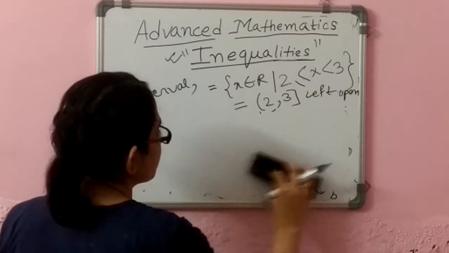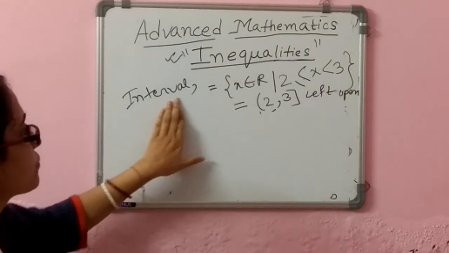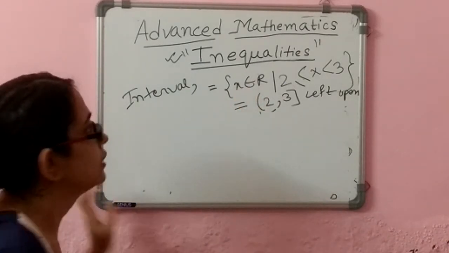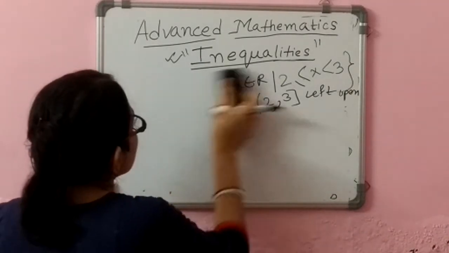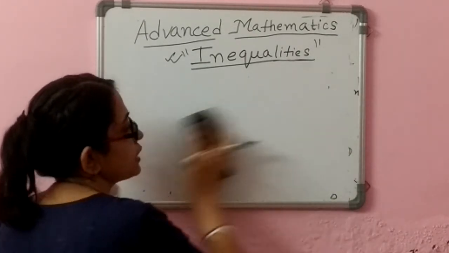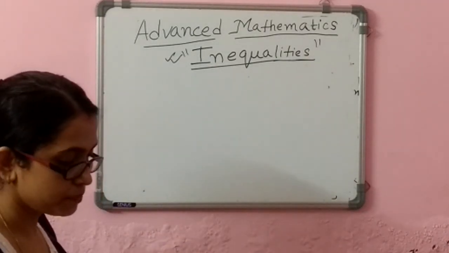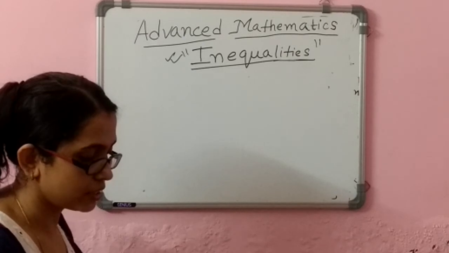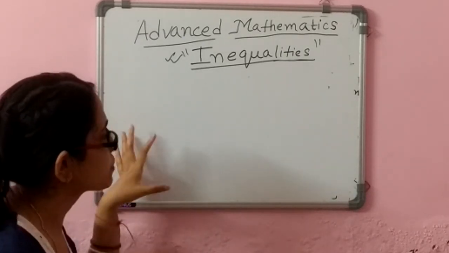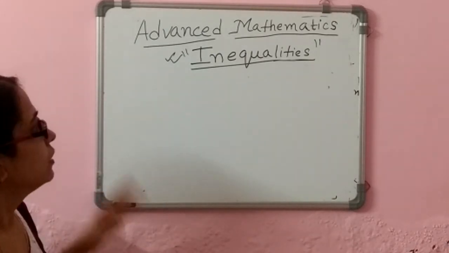This way, combining the two simultaneous inequations, we will be able to find the interval of that natural number. So these are some of the basic things mentioned in your chapter of inequalities. There are many more concepts discussed while solving problems related to inequalities, and I hope with these basic concepts you will be able to solve some of them.